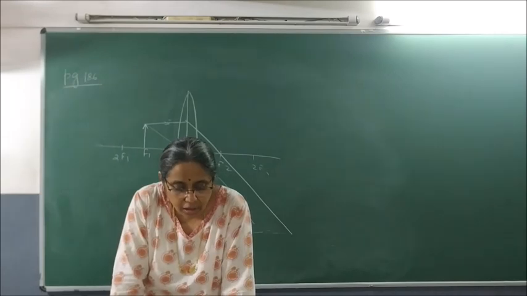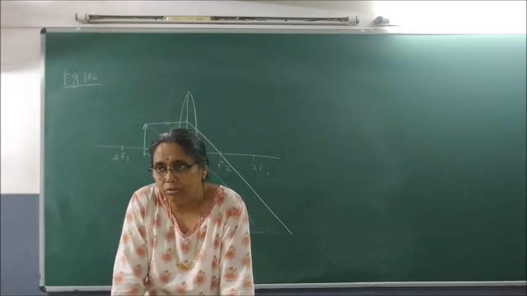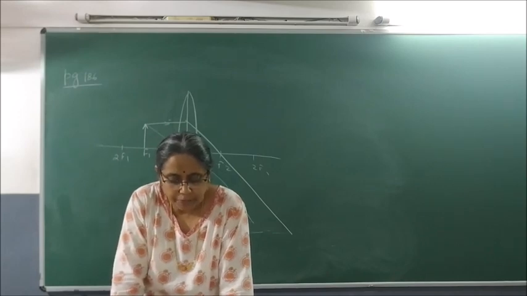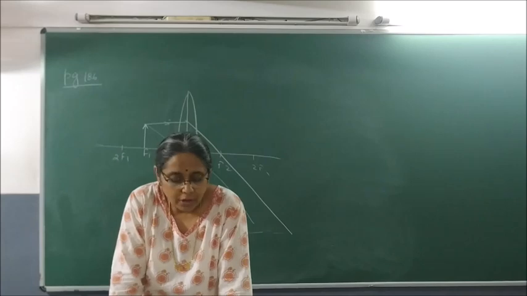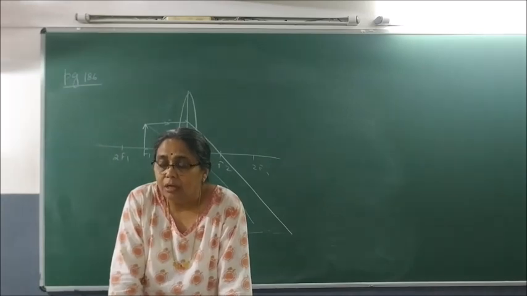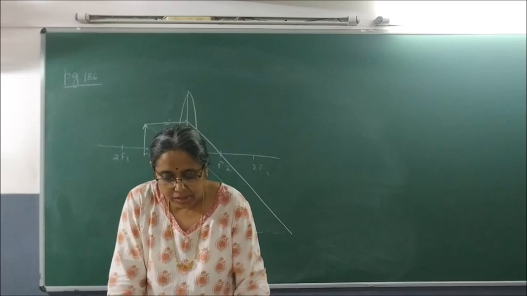So let us see. A convex lens of focal length 50. A concave lens, we don't use concave lens. Any concave lens should not be taken as an option. So B and D are removed. We have only A and C. A has 50 centimeter and C has 5 centimeter. So which focal length should be used? 5. So your answer will be C.